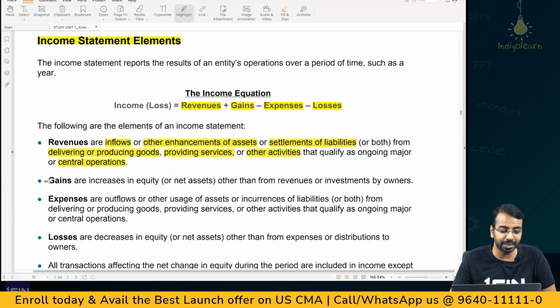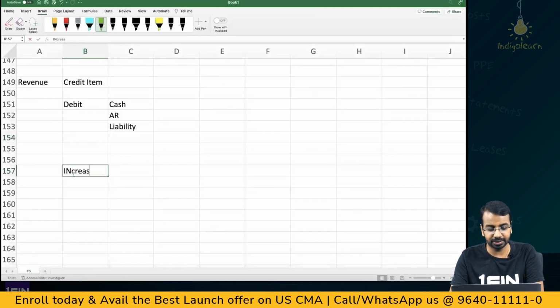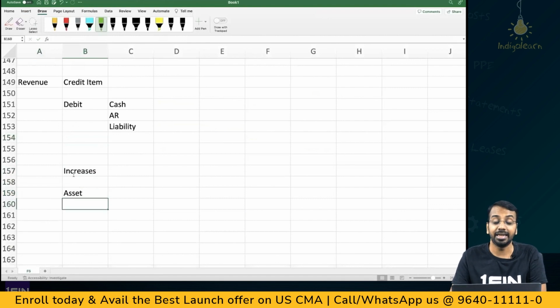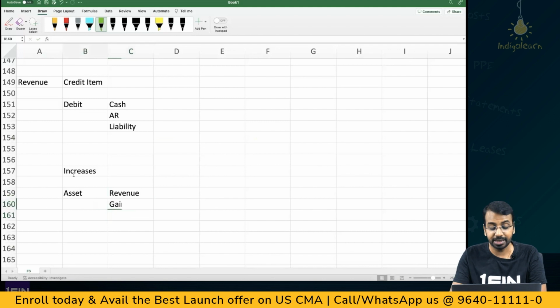Okay. Then what are gains? Gains are increases in equity or net asset other than from revenue or investment by owners. So here we are saying increases. There can be an increase in asset. What are the ways? One is revenue. Sir, when we have revenue, there is a decrease in asset also. Yes, there is a decrease. That cost of goods sold is happening. But parallelly, there is an increase in asset also. Increase in asset can happen because of revenue, can happen because of gains, can happen because of contribution by